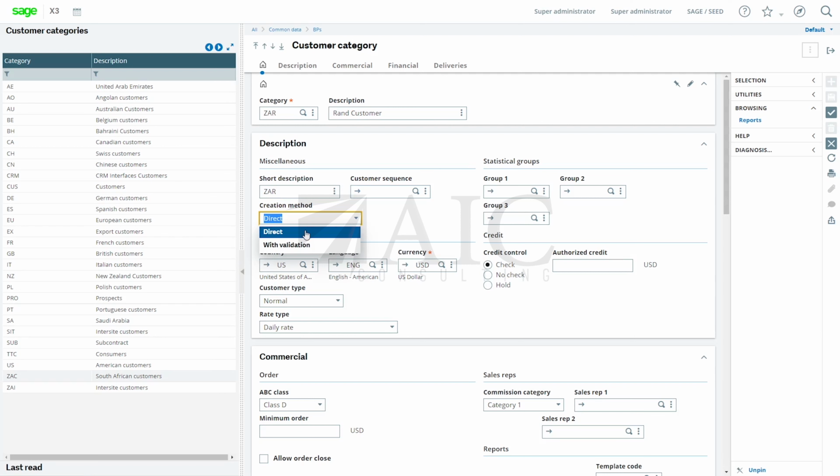Okay, so then we've got the direct versus with validation. That is pretty straightforward as to exactly what that means. It is basically whether you need approval if this customer can be used after creation. So I'm going to go through some of the more fields over here. So you see the country would be ZA for South Africa, language is English, currency is Rand,